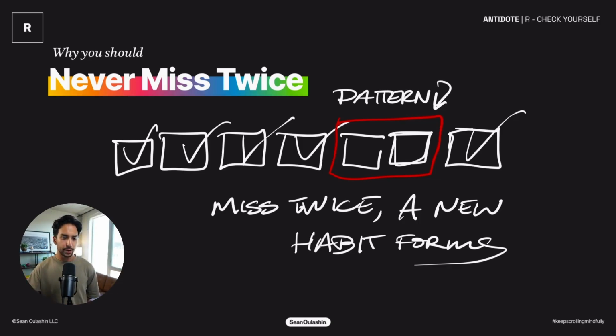So practice being resilient, practice not missing, but also practice giving yourself a break. It's okay. It's okay to take a breather once in a while, and it's okay to indulge and to do what you want if it truly is outside of the realm of the habits that you're building. But if you do that twice in a row, and the emphasis is on twice in a row, or even 2 times within close proximity of one another, that is when you should start worrying. So try not to miss twice in a row, but also recognize that it's okay to be a human, because that's really, at the end of the day, all we are.